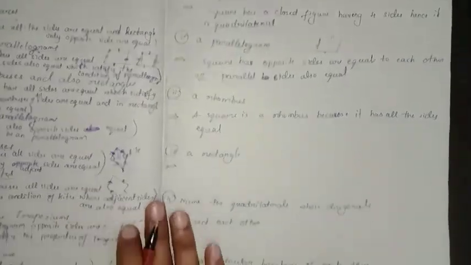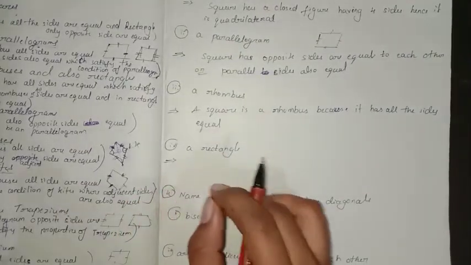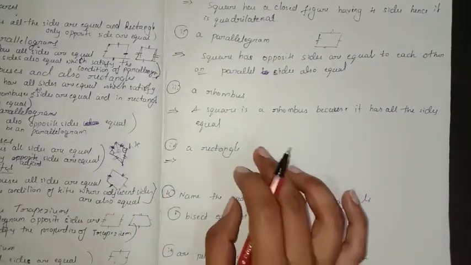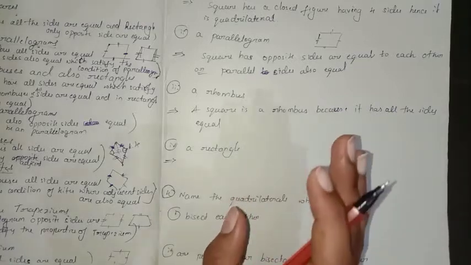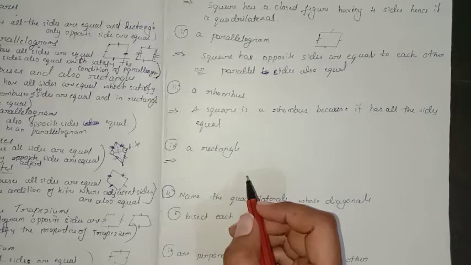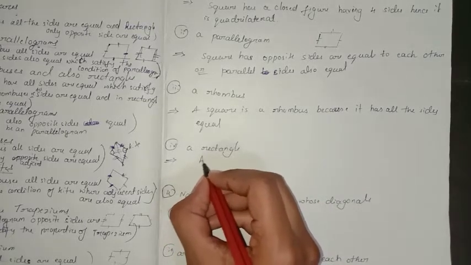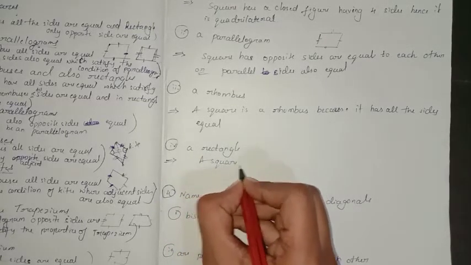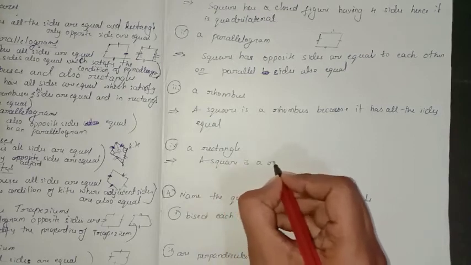Then the fourth one: a square is a rectangle. On which condition can you say whether a square is a rectangle or not? It is on the basis of the 90-degree angle. Yes, that means we can even write that a square is a rectangle